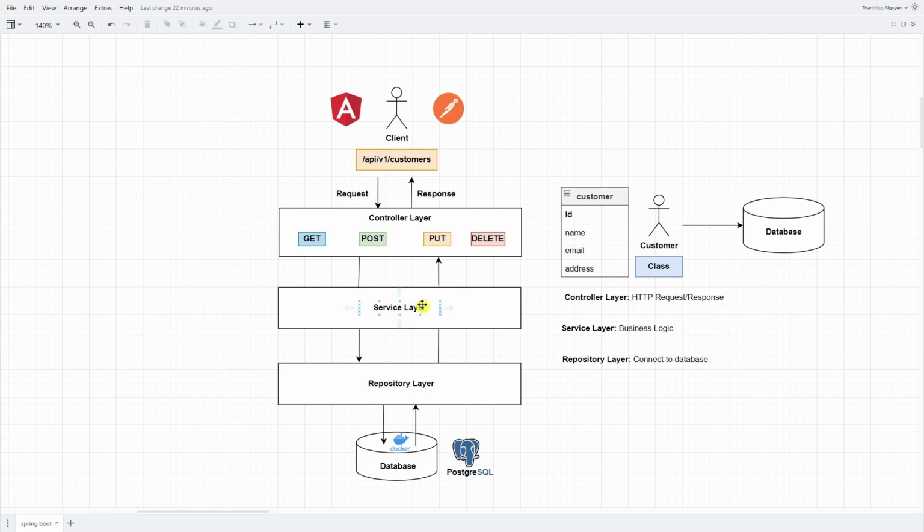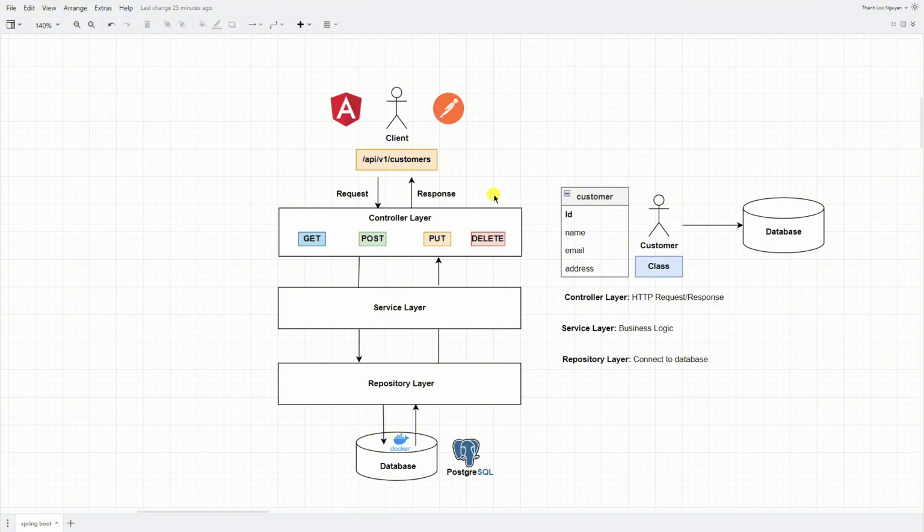And if this layer requires getting or modifying some data, then it should also talk to the repository layer for data access. And overall, the client sends the request to our API, then it will go to the service, repository, and then it will go to the database and return the result back to the client. And you can see the client sends a request to our application like a life cycle in here.